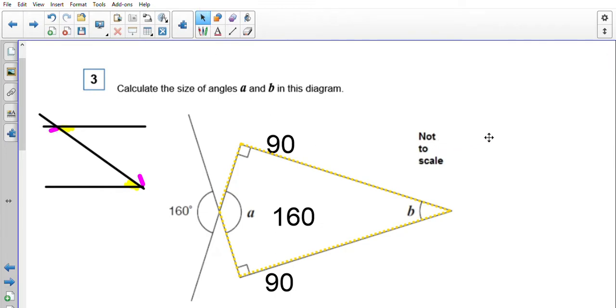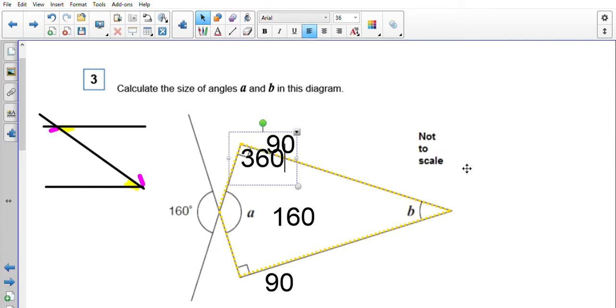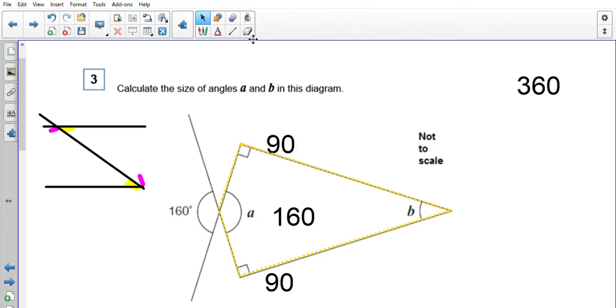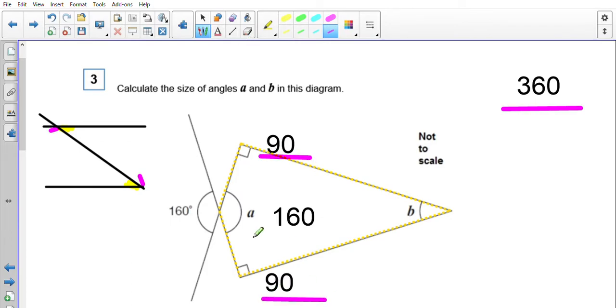One thing that we need to know for quadrilaterals is the internal angles of a quadrilateral add up to 360 degrees. So I need 360 degrees total. At the moment I've got 90, 90 and 160. So I've got 180 and 160. If I add those two together, whatever's left between these internal angles and 360 is what I have left to be angle B, because it can only add up to 360 degrees in total because it is a quadrilateral, it is a four-sided shape, so the internal angles must add up to